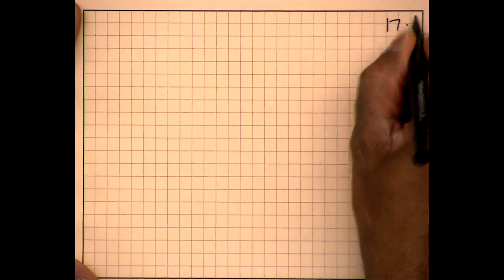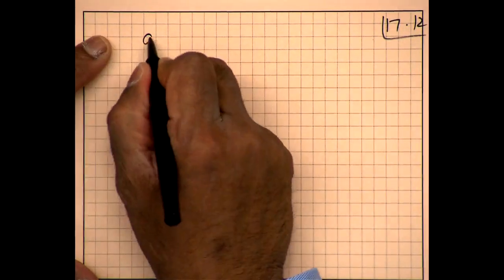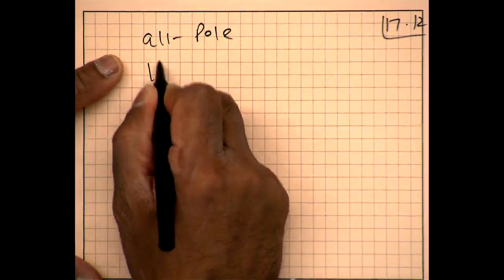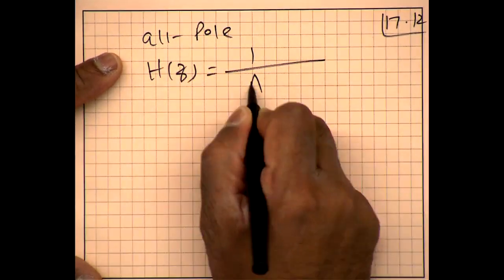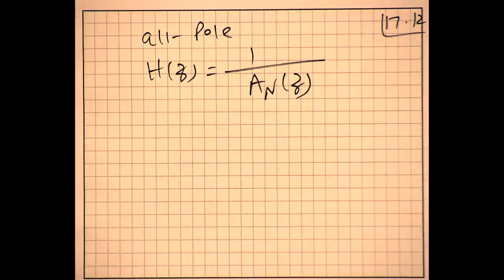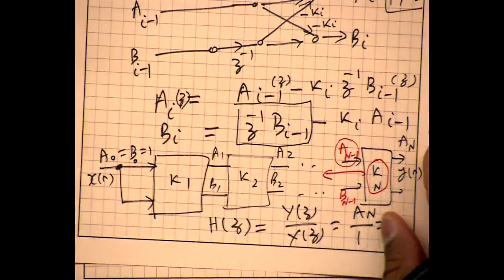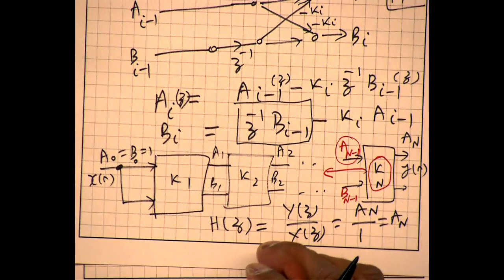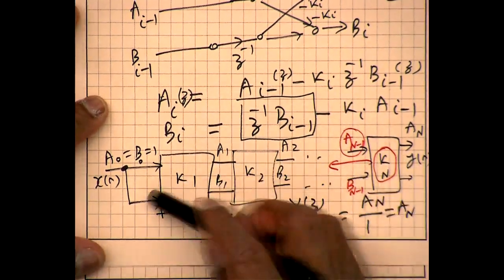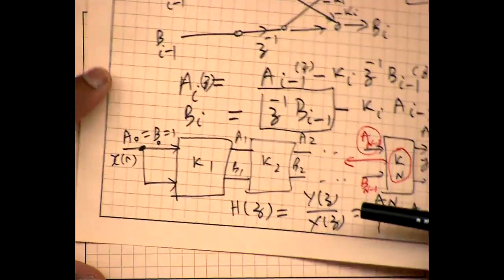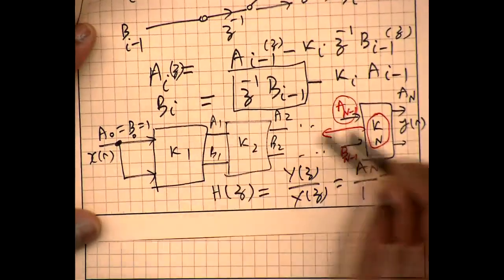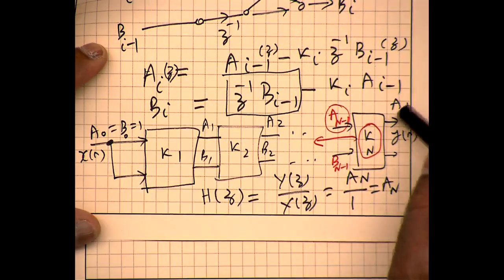I just want to mention a couple of other things before we stop today. How do we design all-pole filters? Let's say that I want the transfer function H(z) equal to 1 over A_N(z). In this example, there are feedback loops. The filter that we have been talking about is a feed-forward filter with no feedback; the data keeps moving forward. So how do we get an IIR filter? In this case, the input is 1 and the output is the polynomial A_N.